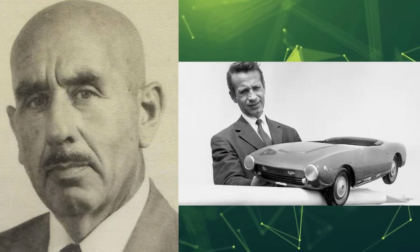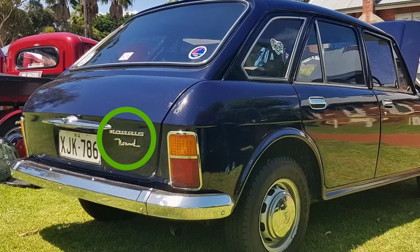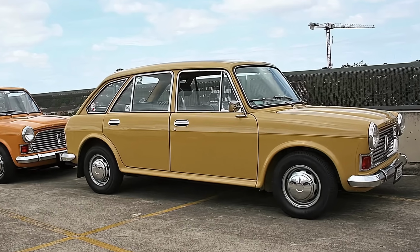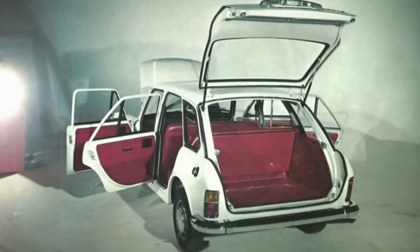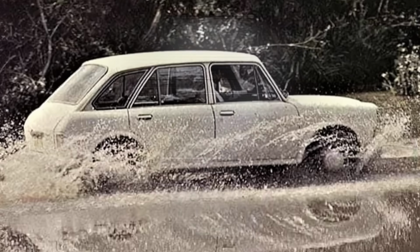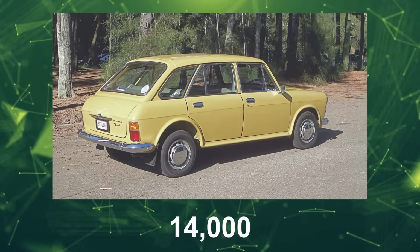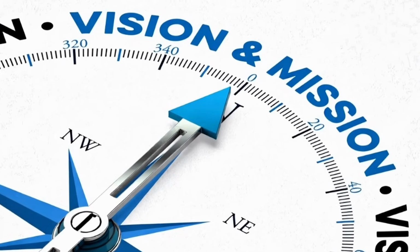by Michelotti's team. In June 1969, Leyland Australia launched the Morris Nomad, a hatchback based on the Morris 1100. Despite its innovative design, the car failed due to several key issues. It lacked a traditional sedan option, its price was considered too high, and its build quality was questionable. With only around 14,000 units sold before production ceased in late 1972, the car's failure highlighted the company's lack of